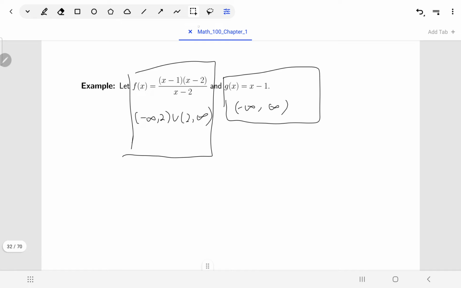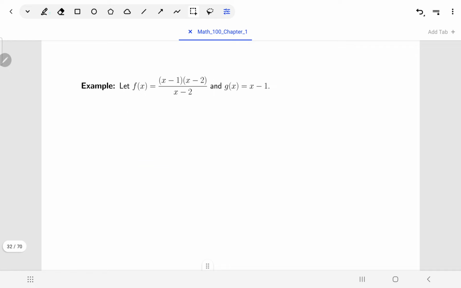Now, the good thing to note, of course, is that these functions are the same except at 2, because if you're looking at f of x, of course, the x minus 2's would cancel. So really, f could be simplified to show that it's the same thing as g, but again, the difference would be that f would still be not defined at 2, and g is definitely okay to be at 2. That's totally fine. So that means if you were looking for the limit as x goes to 2 for f of x,